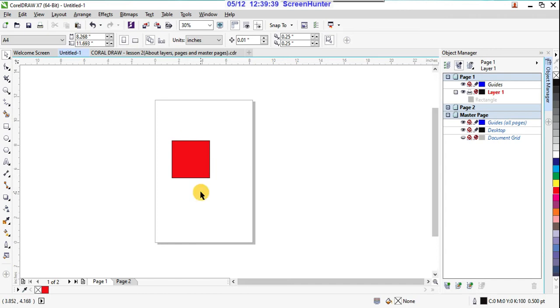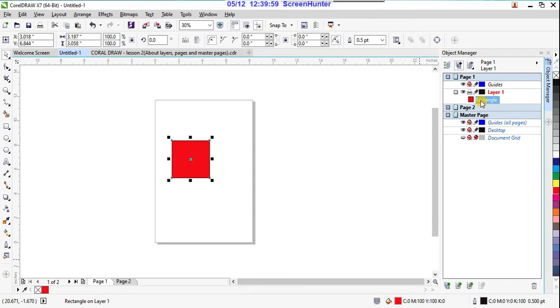Because it is locked. So sometimes we use this option. Yes, now you can unlock this. And there is a color, the layer color, if you want to change, you can change to any color. For the time being, I'm not changing anything.